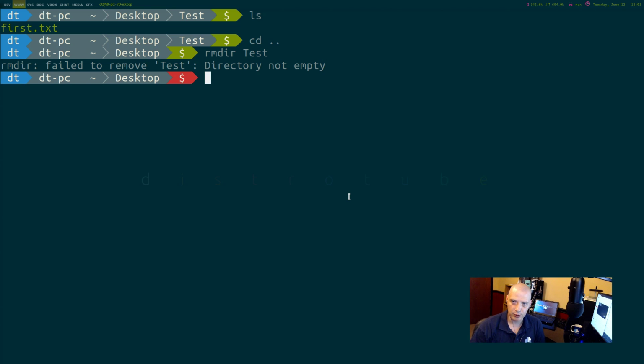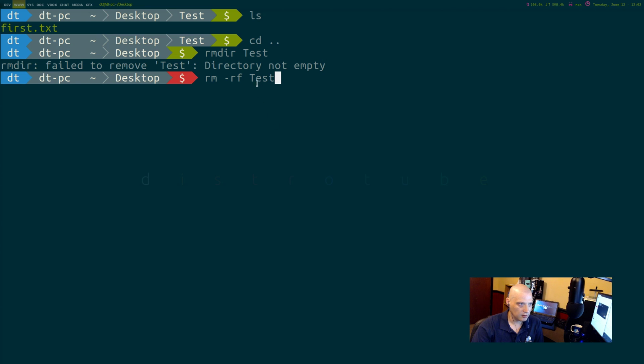Well, that's not entirely true. You can give it a flag to force it to remove that directory. You can also just use this command here, rm -rf. Basically, we're about to force it to remove this directory. rm -rf is going to recursively remove test and everything in test. Every directory and subdirectory in test, every file in test. Test is going to get completely blown away and everything inside it is going bye-bye.